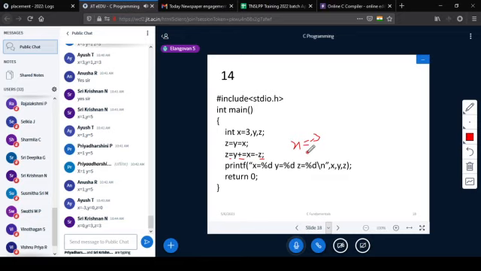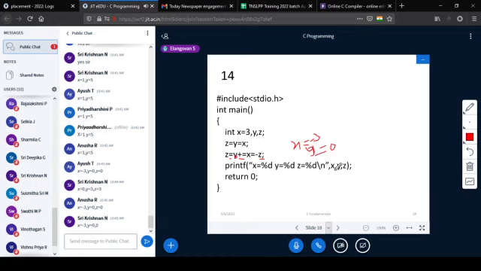Y is already 3, 3 minus 3 is 0, so y becomes 0. Then z is assigned with 0, so z has 0 value, so minus 3 0 0 is the answer. That is x is equal to minus 3, y equal to 0, and z equal to 0. Fine. Next.